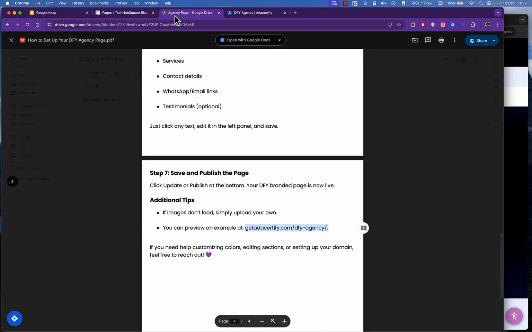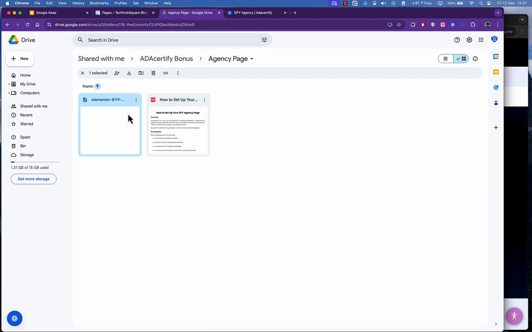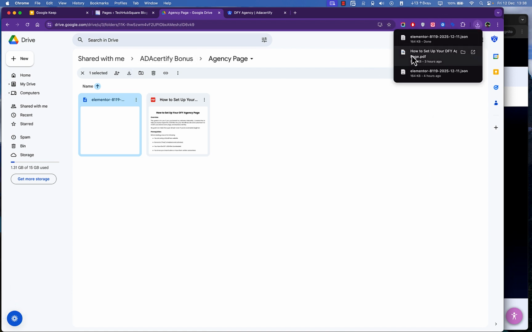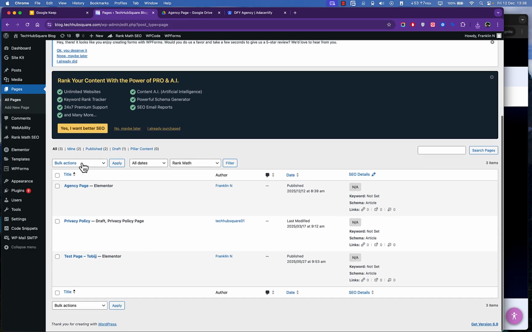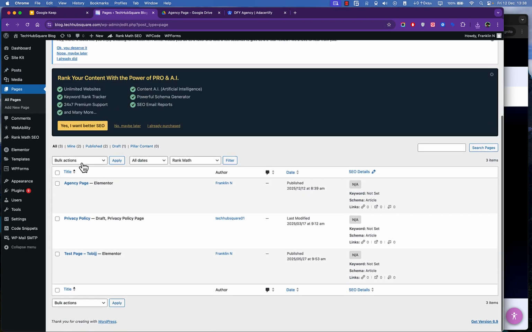Once you have access to the agency bonus, you should download the Elementor file here. Once you have access, you simply click on the download button, wait for a little while, then download. And now that it has downloaded, you go to your, in this case, I'm using WordPress, the WordPress backend, and you